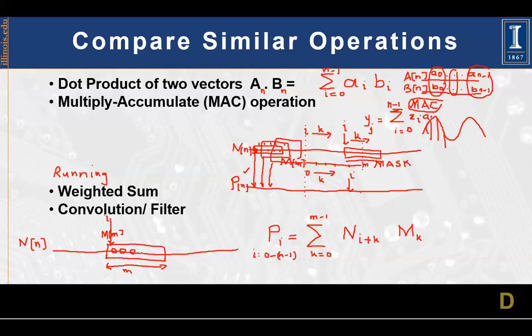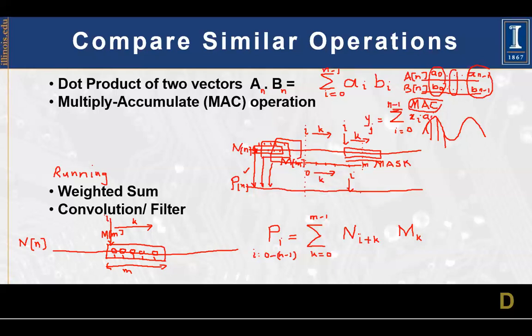This filter has some values. It will multiply its coefficient values with the respective elements of n. Here are the n values and there are filter values on it. So we would like to multiply them and sum them, a dot product. For taking the dot product at this location, I use an index k. This k will range from this position till this position. The size of this filter is m. It could be 5 or something else; in this example it's 5.